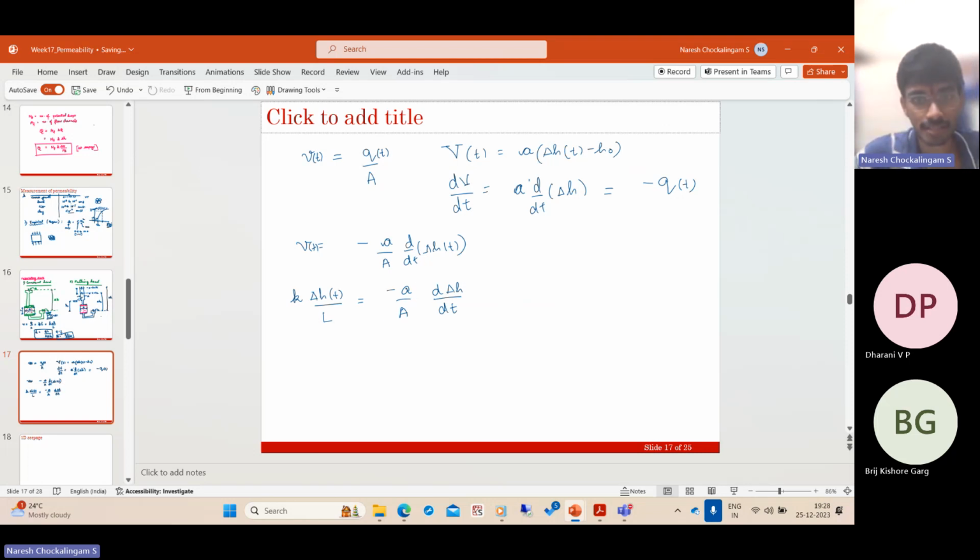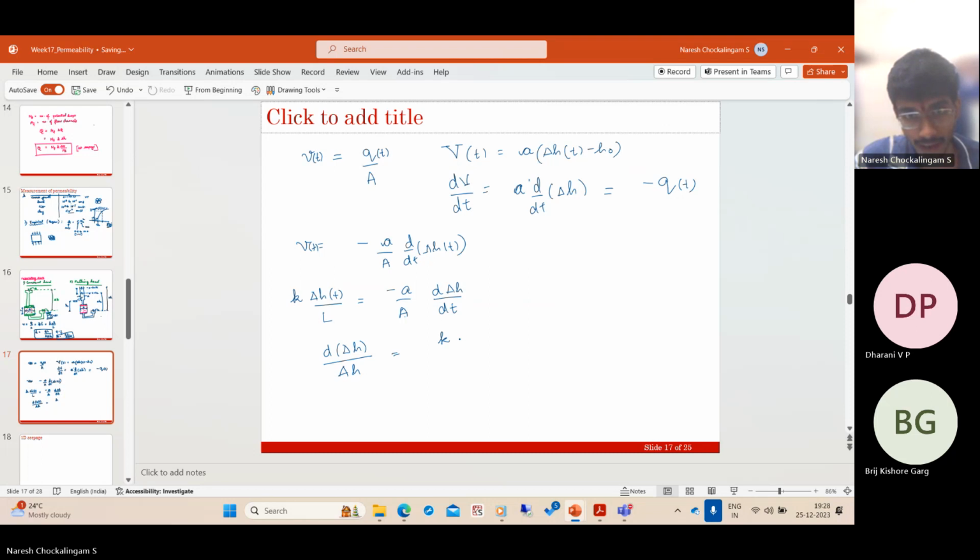Now, what is the only unknown in this equation? These are geometric parameters. Those are fixed. K is what we need to find out, and that is fixed for a given soil. So H of t is the dependent variable, and t is the independent variable. So this is an ordinary differential equation. So you can do variable separable. So you get d delta H by delta H is equal to